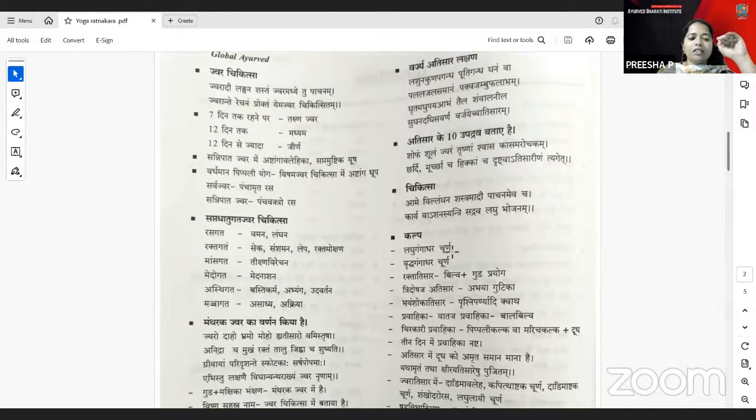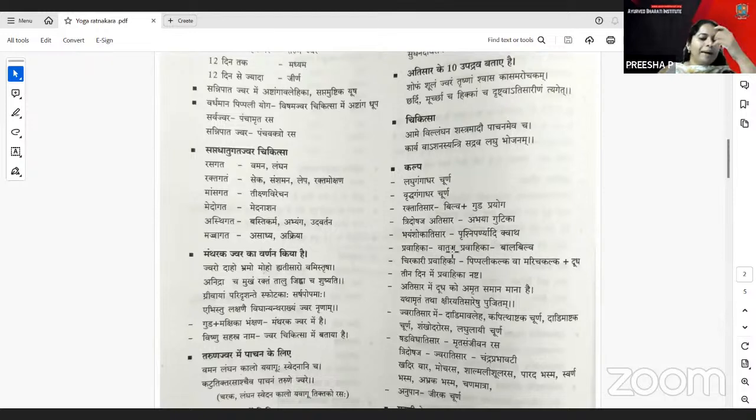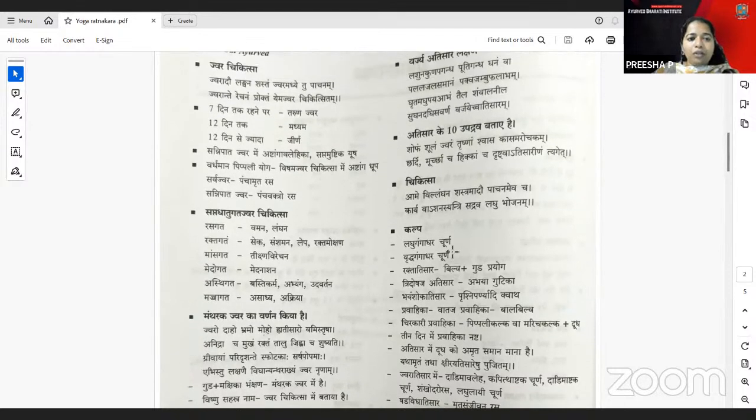Mandagni Jwara, it is Jwara, Daha, Bhrama, like that is mentioned. And Guda and Makshika Bhakshana for the Mandagni Jwara, and Vishnu Sahasranama always for the Jwara Chikitsa is explained there. And in the cases of Taruna Jwara, for the Pachana aspect, we have the Vamana, Langhana, Kala, Yavagu, Svedana, like that part which is mentioned there. Mainly, first we have to see up to 7 days it is Taruna Jwara, 12 days the Madhyama, and beyond 12 days is Jirna. You have the Vardhamana Pippali Yoga in Vishama Jwara, Ashtanga Dhupa is explained there.